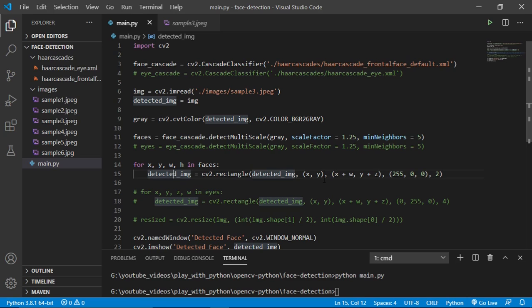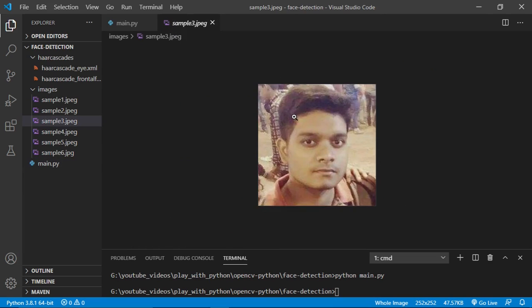The first tuple, this parameter, is actually the coordinate of this point. To draw a rectangle we need 2 points. The first one is this point and the second one is this point. This point is what it returns, as I said. To calculate the other point, we already have the width and height.